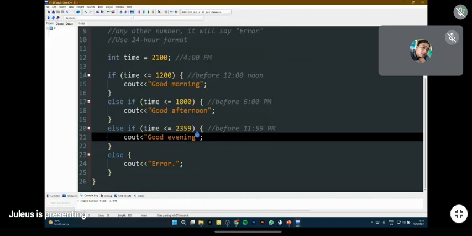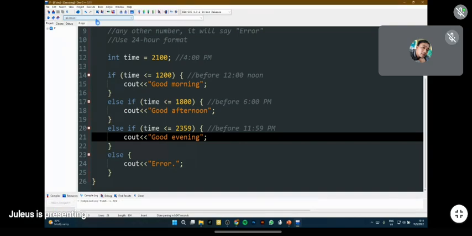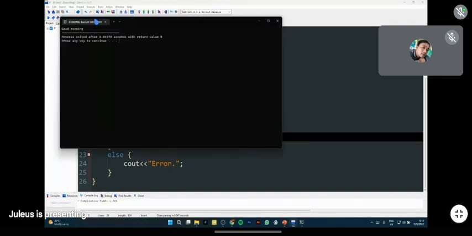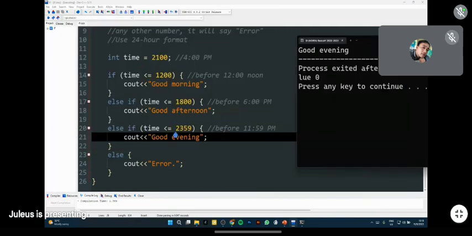Right, nothing came out. Less than or equals to 23:59. Let me try it again. Oh, my cout was wrong, I'm misspelling. Right, let's try again. All right, it says here, good evening. It's because the time is less than or equals to 23:59.